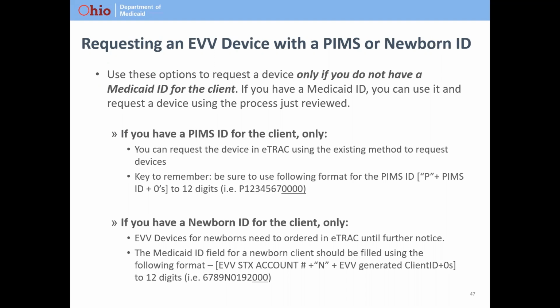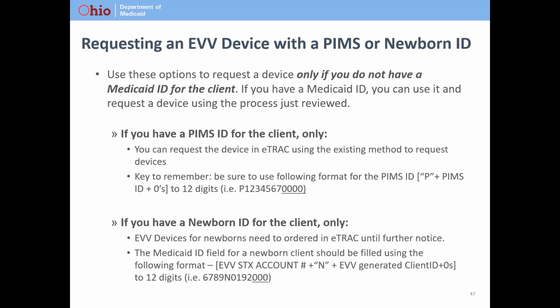Okay, so if your individual has a Medicaid ID, you can request that device through eTRAC. You put in their Medicaid ID, you put in their address and special shipping instructions, and you would request it. So very similar information to requesting that device through the EVV portal. However, if they do not have a Medicaid ID, and the two cases that are most common for that are,